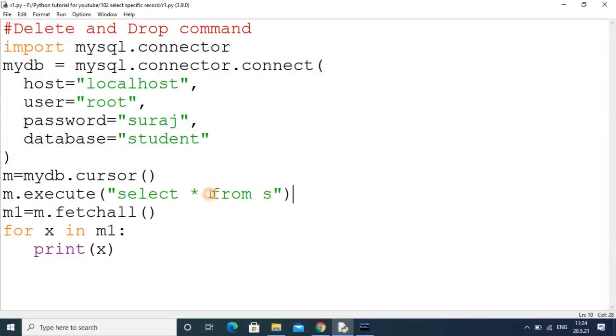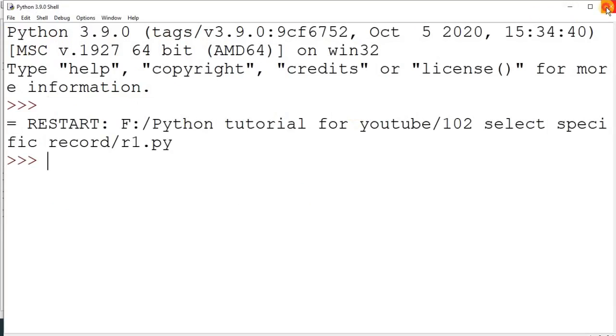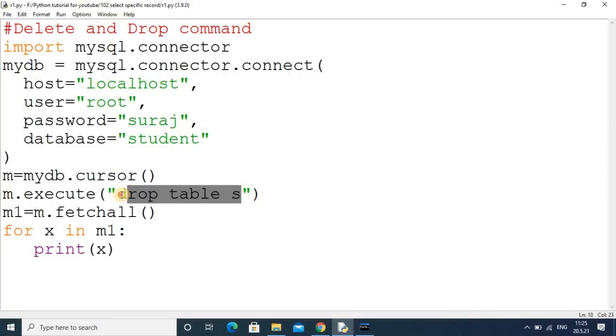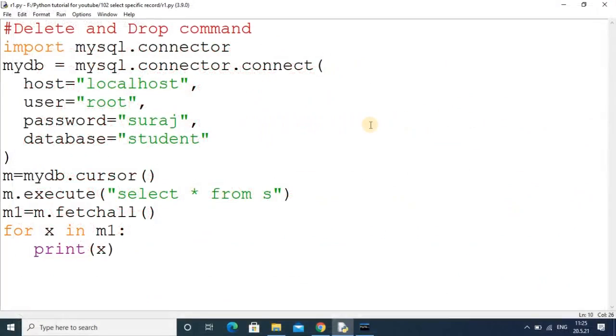Now here dear student, we want to drop the complete table, so you have to use the drop command, DROP TABLE S. So this table will be dropped. So there will be no table now. And finally, if you try to get the table again, then we will use the select command here, SELECT * FROM S. Now it is interesting whether the table is visible or not, and there will be an error message that it doesn't exist, because we already dropped that table, so that table will not be available for you.